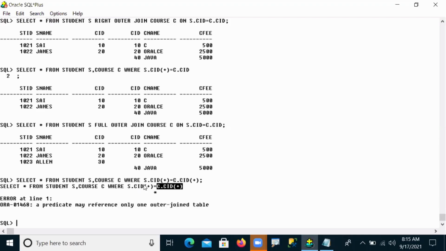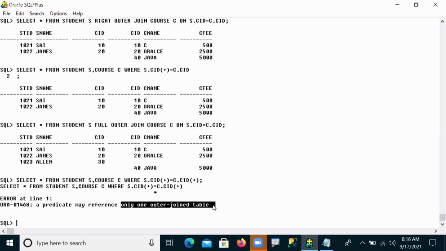But we can't do both table sides, only one outer joined table. Either left side or right side, any one side only, but not both sides here.